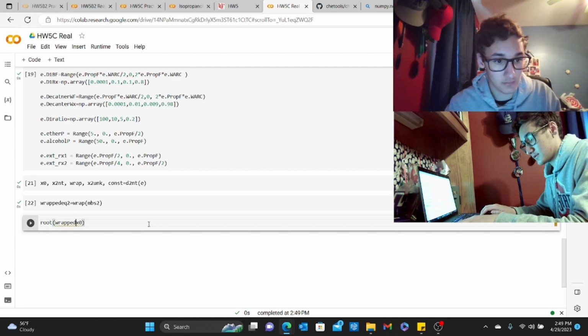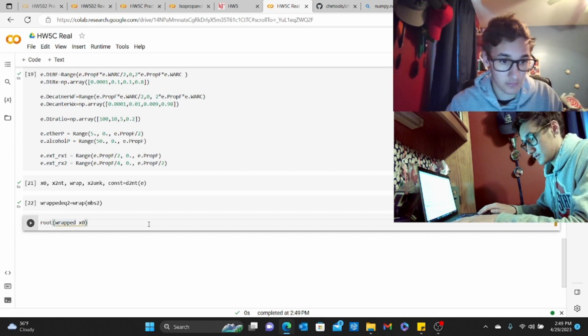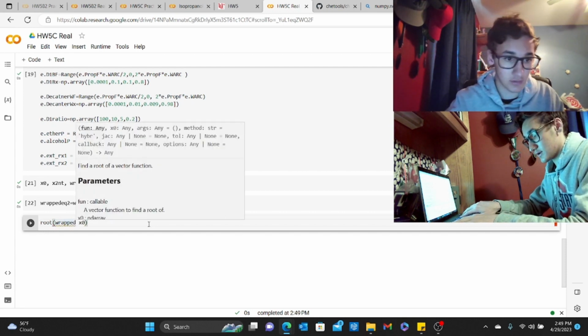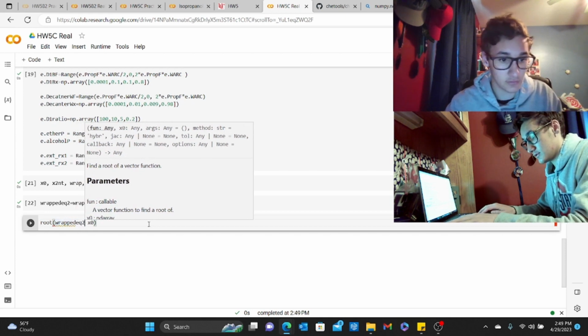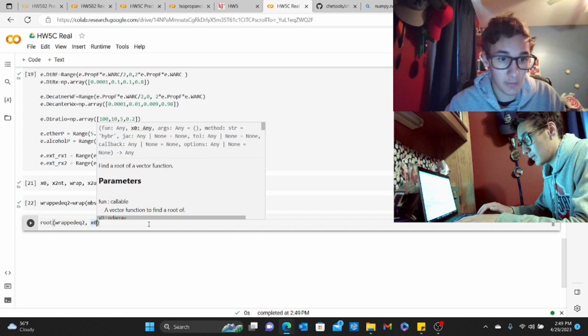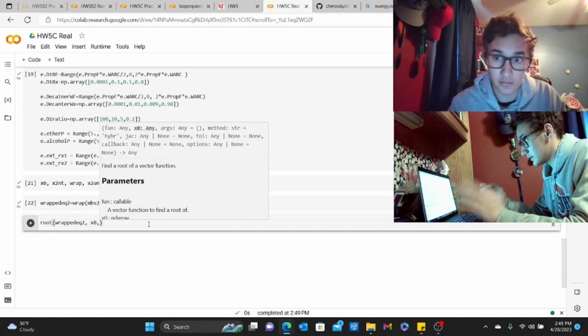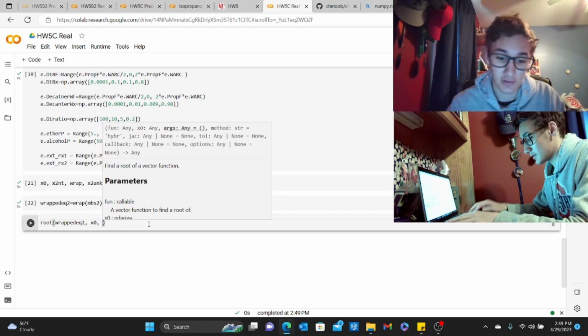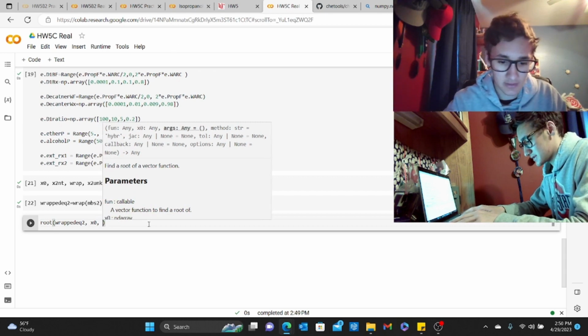Wrapped underscore wrapped EQ2, comma. And now we have our x naught, now we want to do our method, or we're going to use Jacobian. As I said earlier, it's a lot stronger. So we're going to do, I think it's Jax